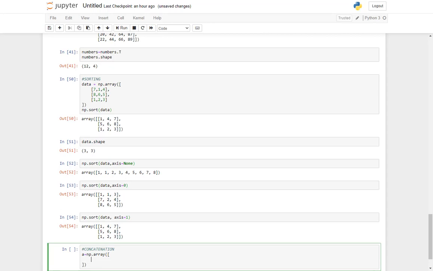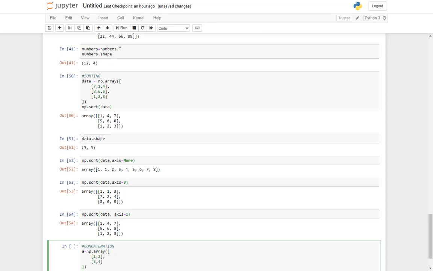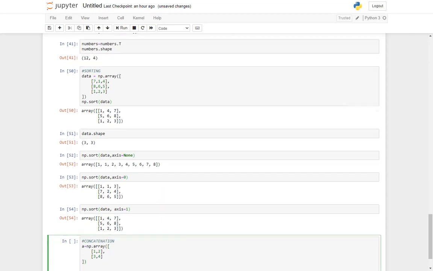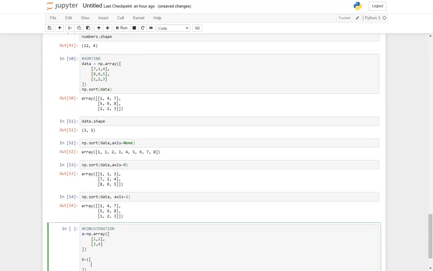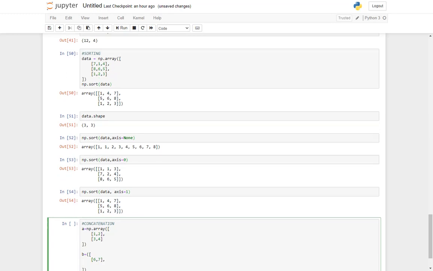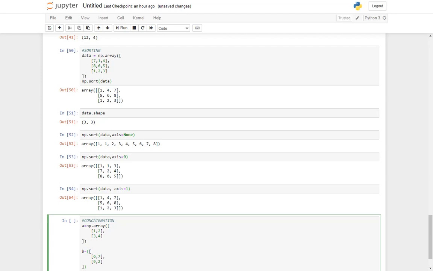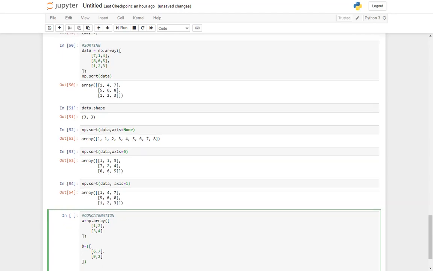The first array, let's say, is 1, 2, comma, and then 3, 4. Let's say this is my A. B is 6, 7, 9, 2. Right?